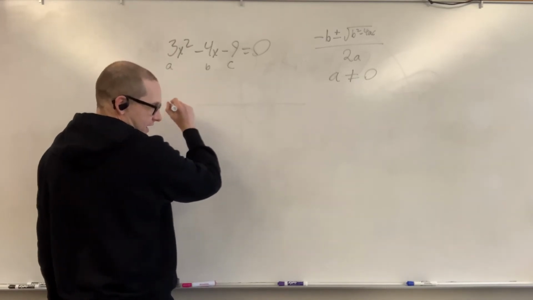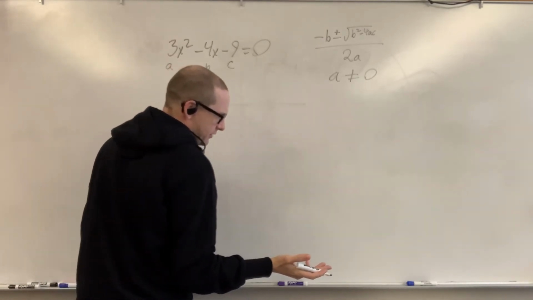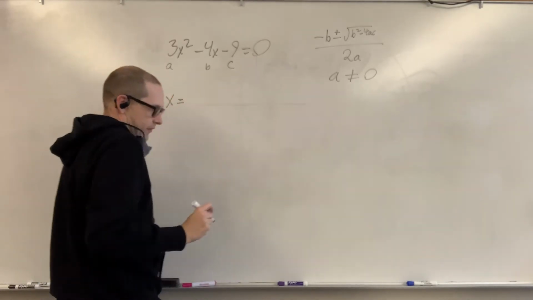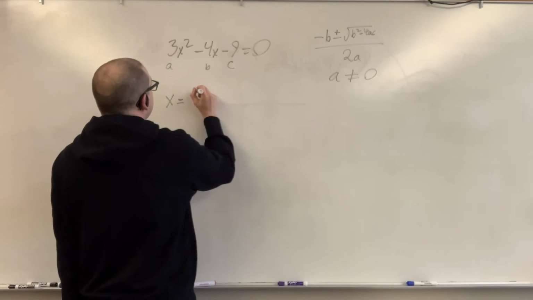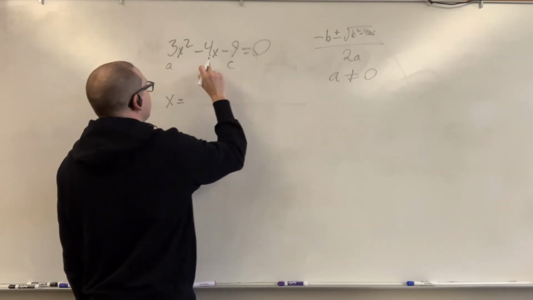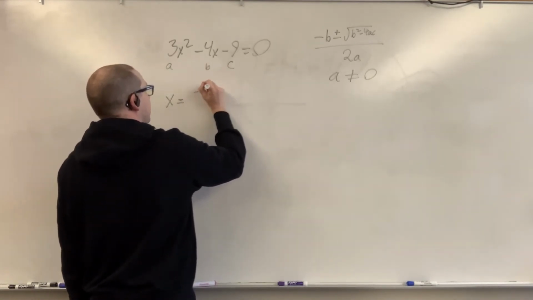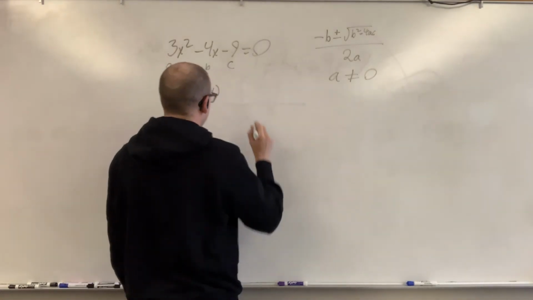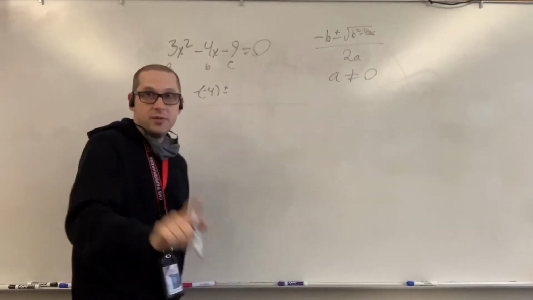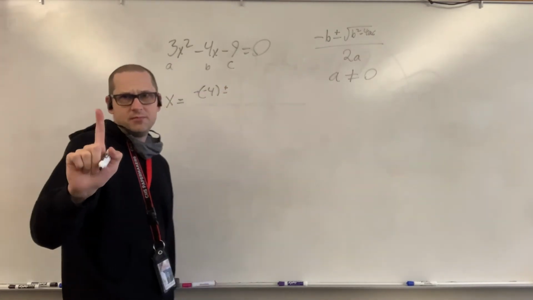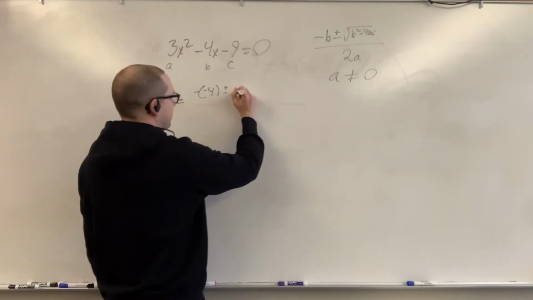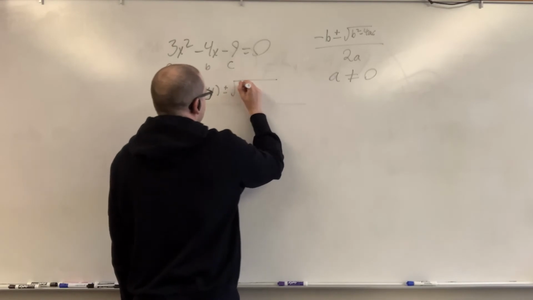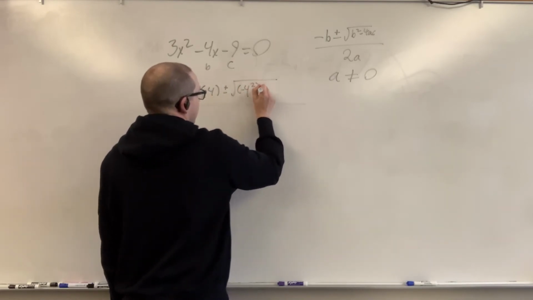So first of all, we're looking for x. So x equals negative, so we got b is negative 4. So you're going to have the negative quantity, negative 4. Make sure you get all the signs in there, plus and minus. I will show you what this plus and minus mean later. It's coming. Negative 4 plus and minus the square root of negative 4 squared